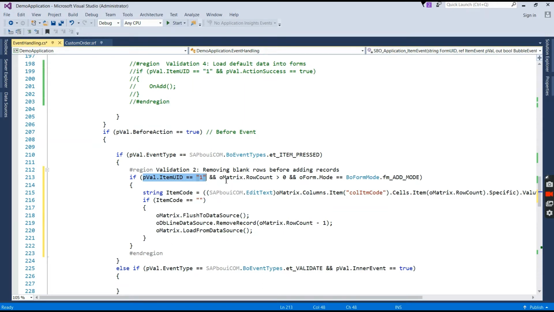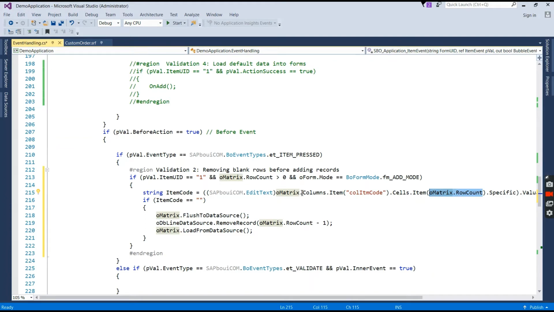If it is, then we are checking that the matrix must have more than 0 records. After that we are checking whether the form mode is add mode. If it is, in the next statement we are getting the item code value of the last row, and with the help of this property we are getting the last index of the matrix, because this property returns the number of rows in the matrix.